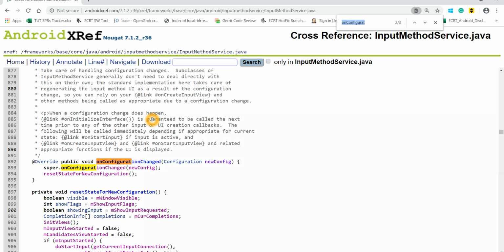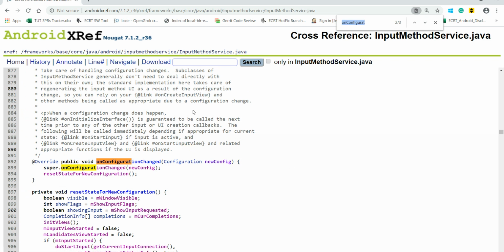Just to show you, I commented out this method in my source code, built and flashed, and I could see the issue. Later I uncommented it, saved this file, built the entire Android source code, and flashed the image on my device, and the issue was fixed.